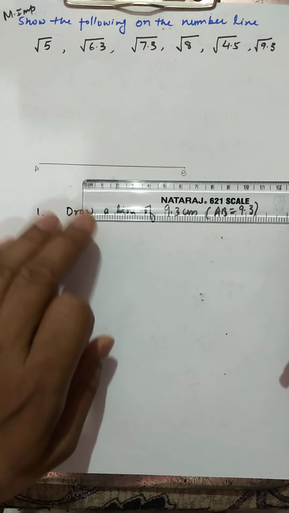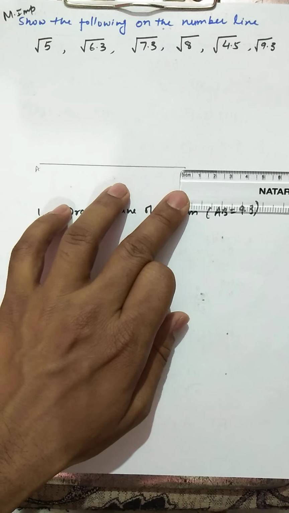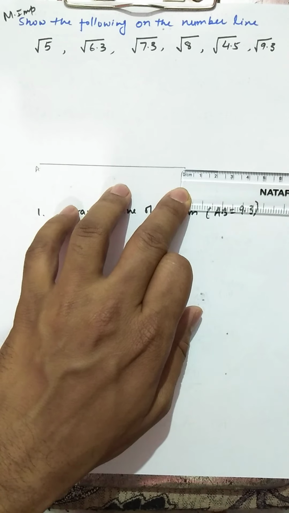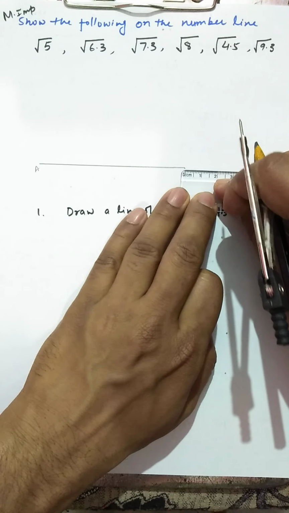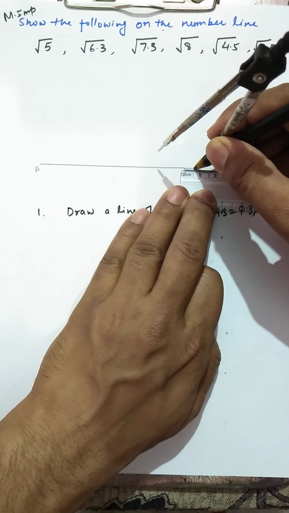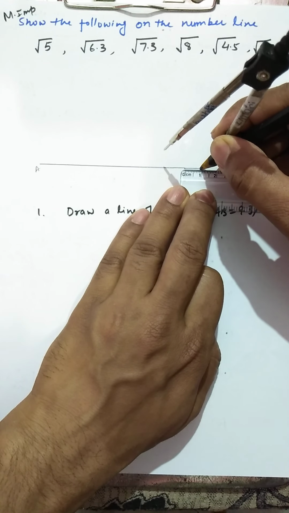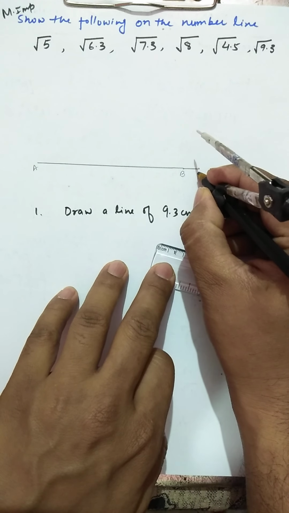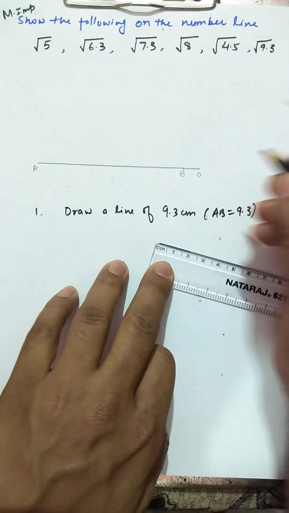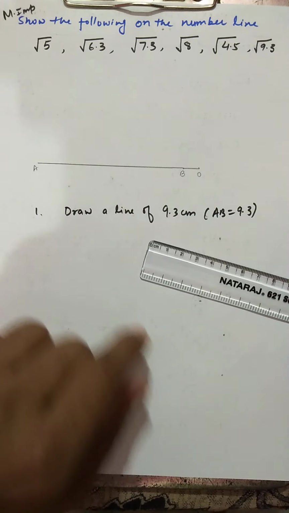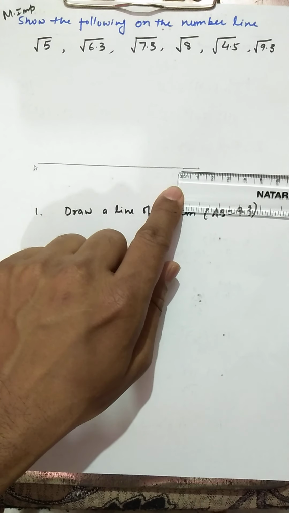So next step is you take 1 centimeter extra into this. So this is 9.3, AB is 9.3, we'll take one more extra centimeter. Now this is your one extra, and name this point, for the time being, as O, or you can say as 0 also, because from here we'll start numbers from 0.